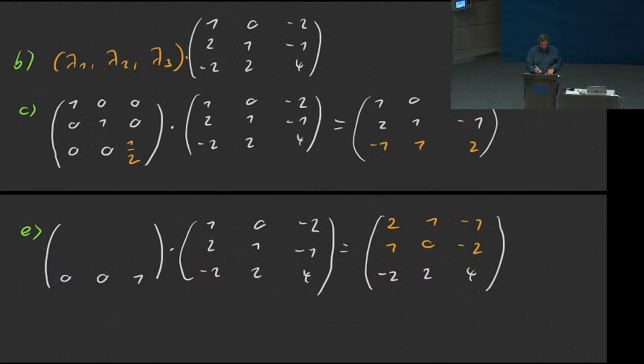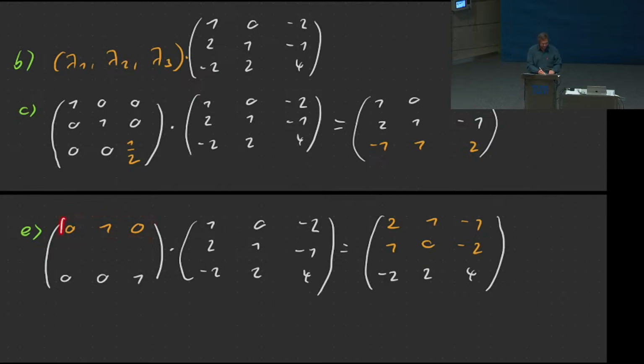Now for the other two, in the first row of the result, we want to reproduce not the first row, but the second row of A. Well, how do we do that? Remember what we did here. This here reproduced the second row. So we'll just use that vector and put it here. And doing that means the first row of the result will be produced by this first row here, multiplied by all the columns of A.